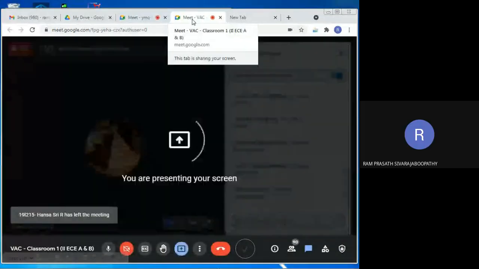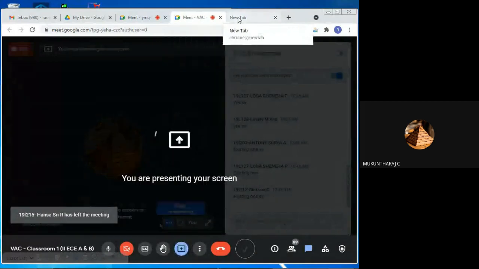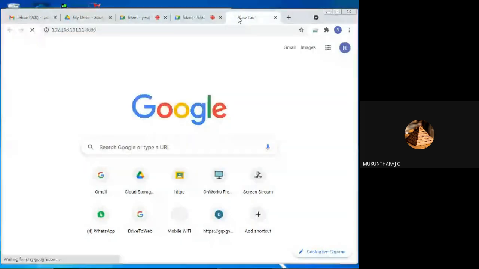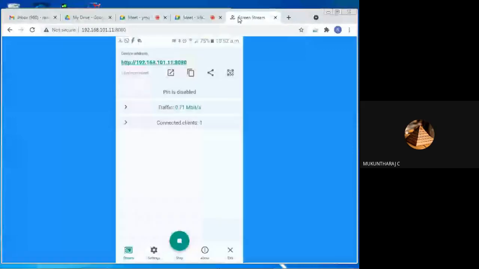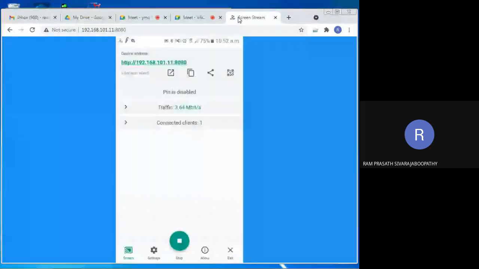Okay. One of my screens is visible now. Wait for a moment, I will make the other one visible also.